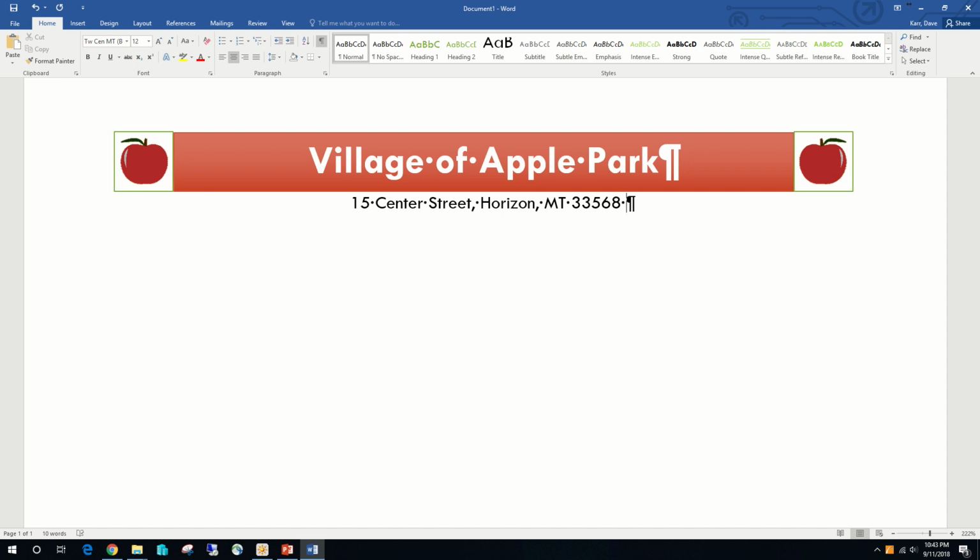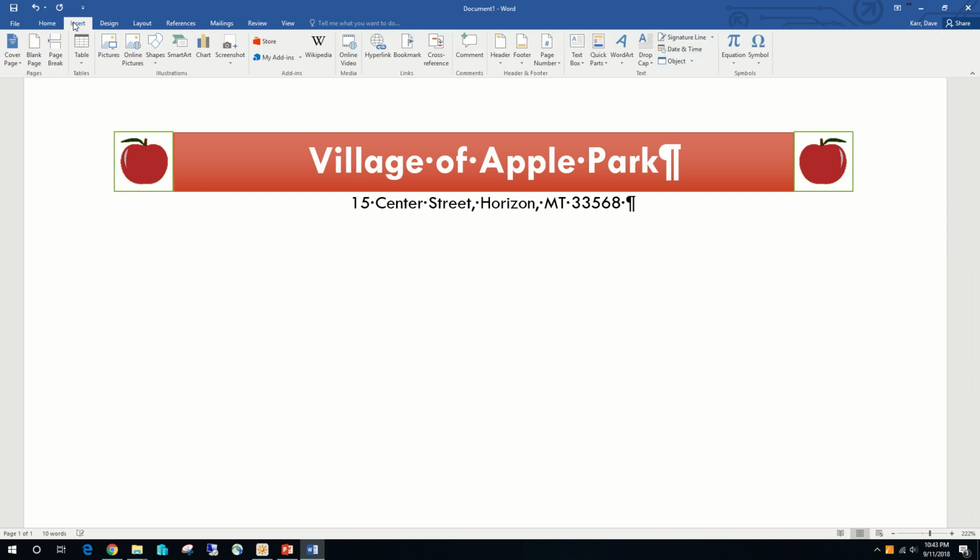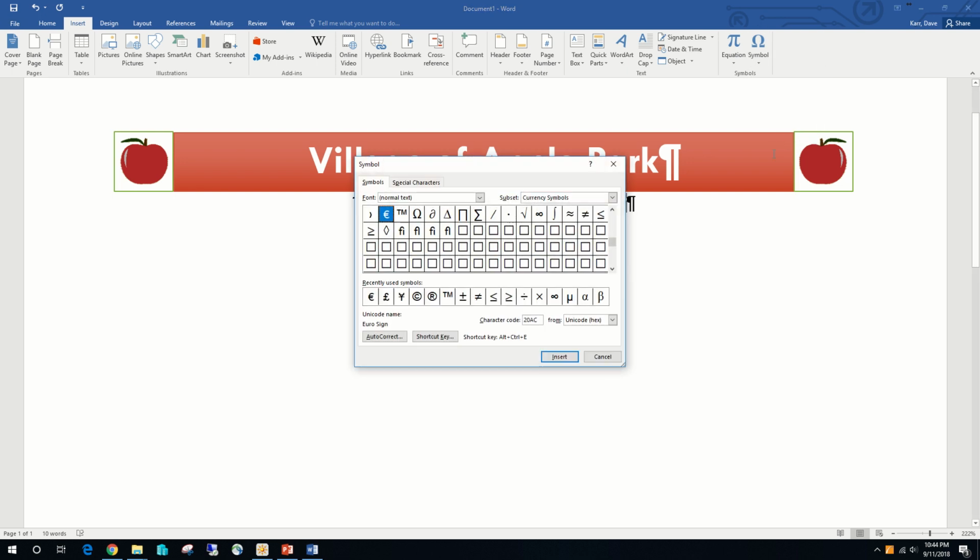Let's insert a symbol. So we'll go to the Insert option. We'll find the option for symbol all the way to the right. We'll hit the drop-down arrow. We're going to choose, when this shows up, the More Symbols option. Here we'll find a list of the most commonly used symbols. Let's flip to